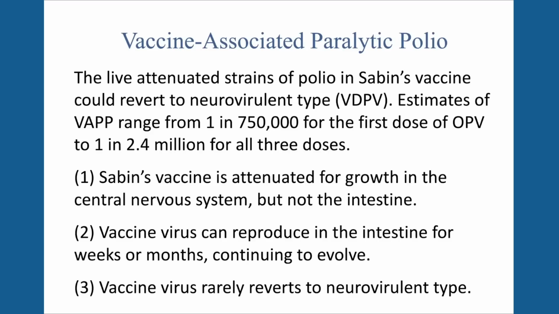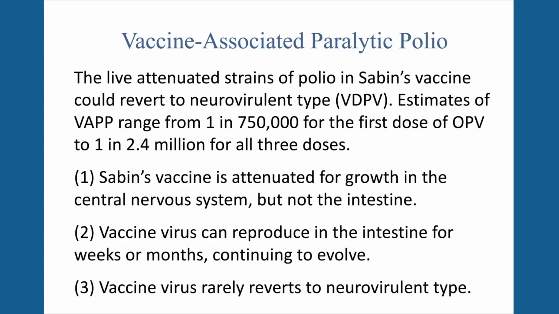But there was a problem with Albert Sabin's vaccine, which is that it could cause vaccine-associated paralytic polio. The live attenuated strains of the vaccine could revert to neurovirulent type, so-called vaccine-derived poliovirus. Estimates of this VAP range from 1 in 750,000 for the first dose of OPV to 1 in 2.4 million for all 3 doses. Because Sabin's vaccine was certainly attenuated for growth in the central nervous system, but it wasn't attenuated for